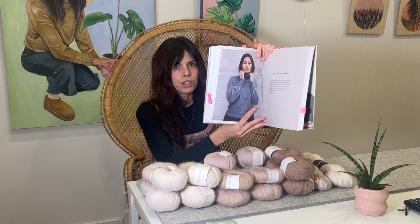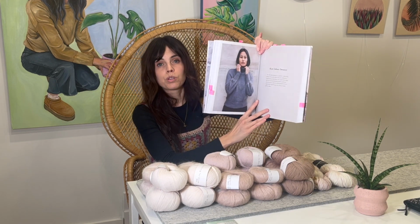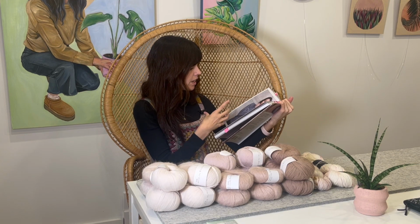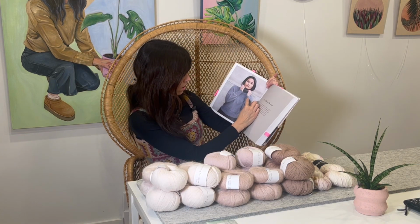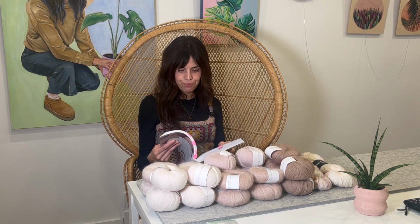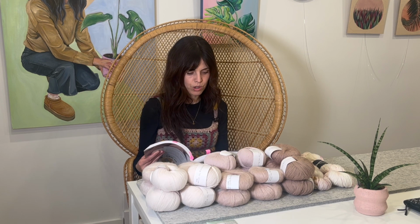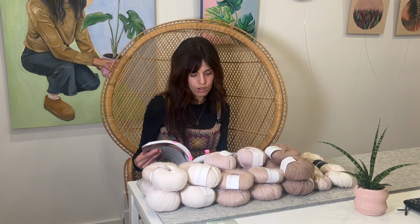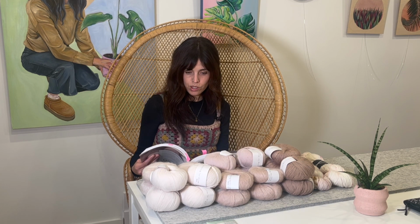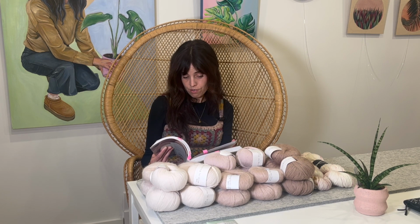I just think it's really, really pretty. All their colors are so pretty. It looks really beautiful in this blue color too. So it's got a bit of a turtleneck. I like that it's got the big long cuff sleeves. It's a little bit classic at the same time. And yeah, it also required in my size 4 balls of the merino and 4 balls of the soft silk mohair. So this one's probably going to be the more challenging one, I'm going to guess, of the 3,